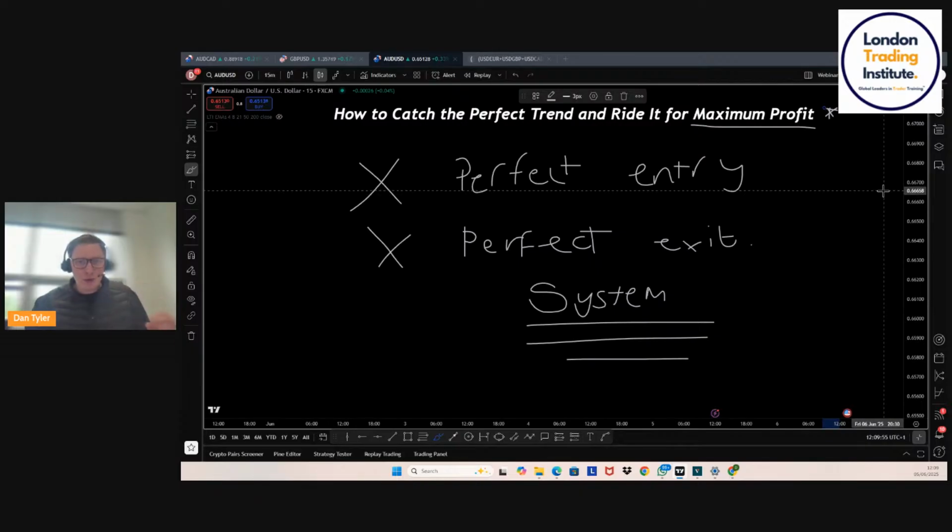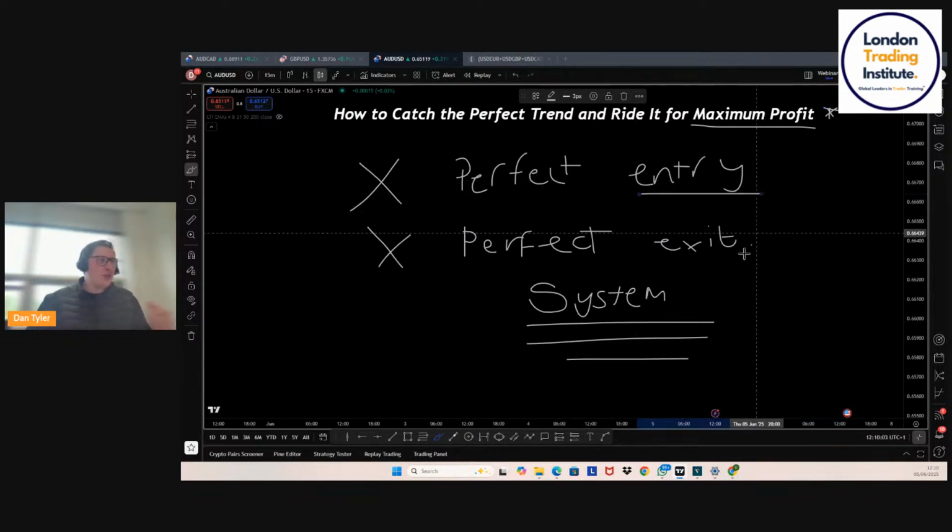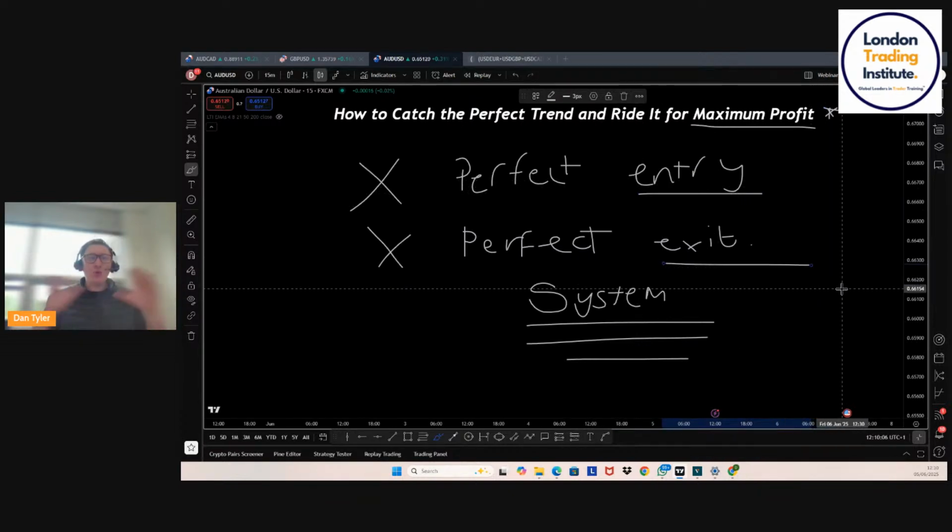A lot of people go into trading and they want the perfect strategy. They want to find the perfect entry point. They want to find the perfect exit. That's all they want. And lo and behold, within about 3 months, they lose the majority of their capital, or they give up because they lose, or they get into a winning trade. They don't take their profits. They then go ahead and get stopped out. Or alternatively, they catch a fantastic trade, get out way too early, and they think, oh, all of that work that I've put into that trade, I've only taken a very, very small percentage of what could have been.